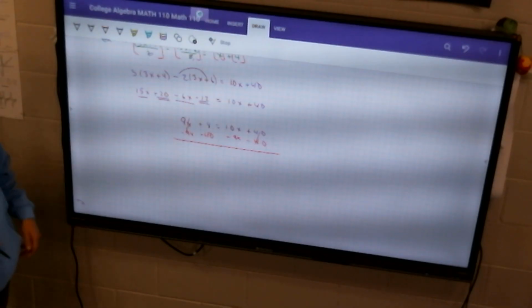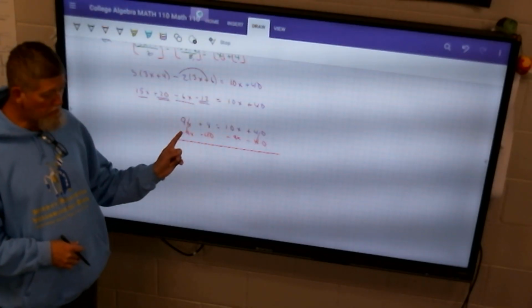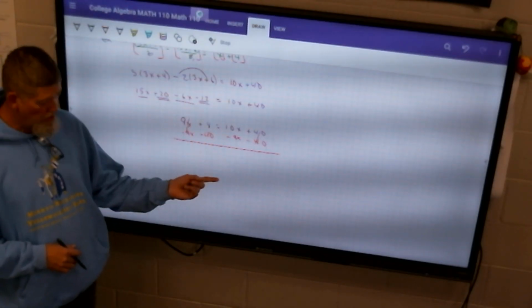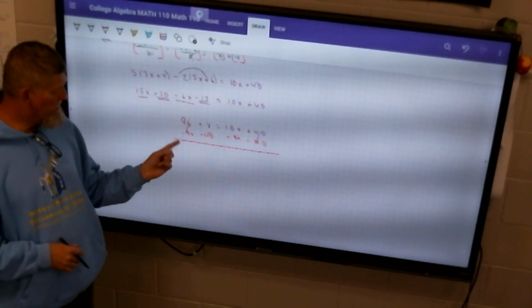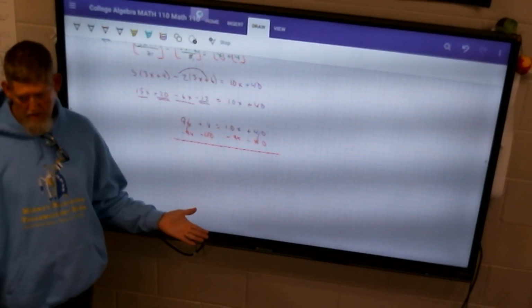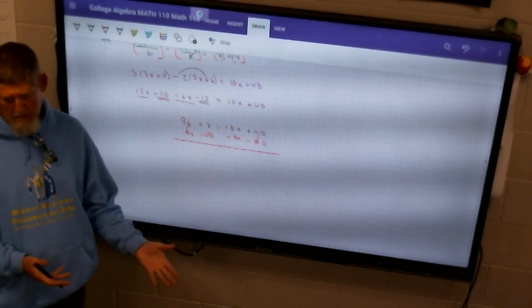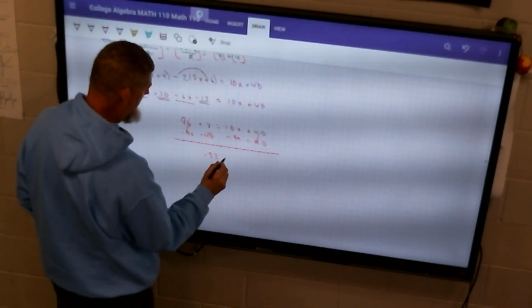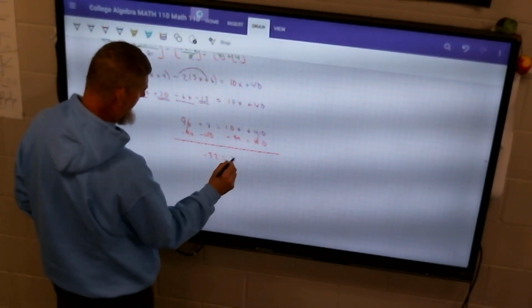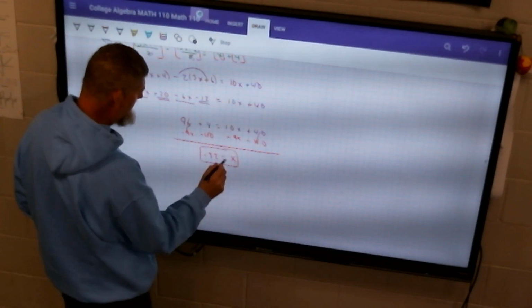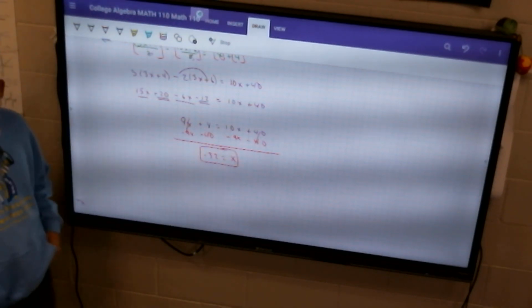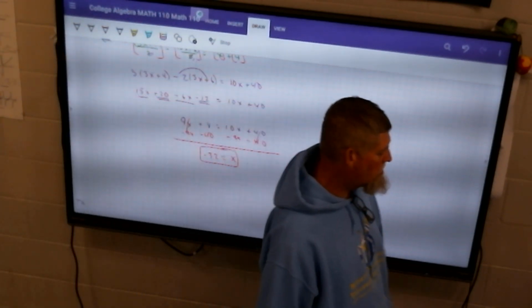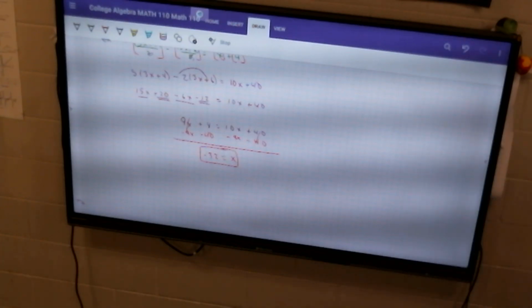What I always do is look at the x coefficients, and the smaller one is the one I move. So since 10x is bigger, I move the 9x because then I'll get a positive. Doesn't matter though, you just have to make sure you keep the negative. So here we have negative 32, and 10x minus 9x is 1x, and there's 1x. So no, it doesn't matter. Some teachers say x is to the left, numbers to the right. Some are like me,